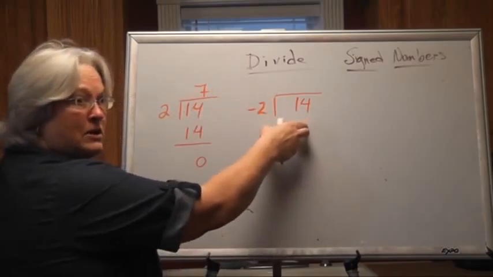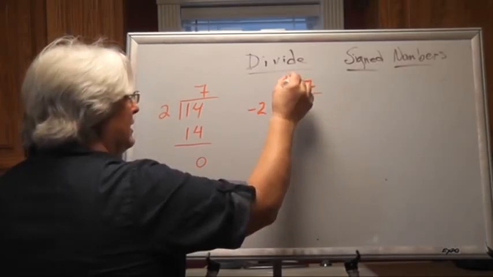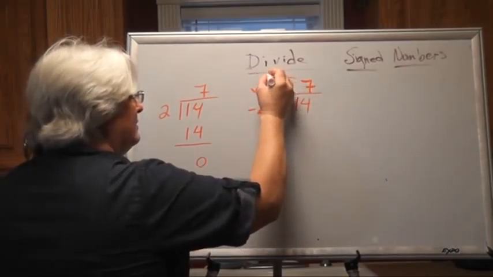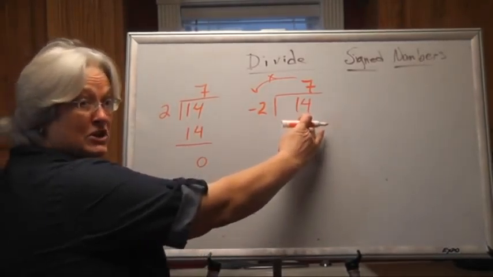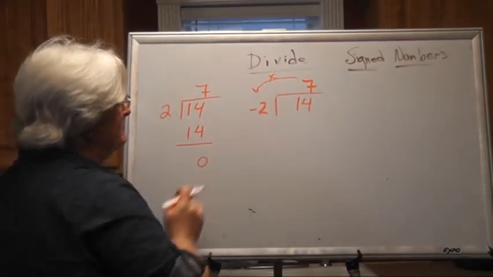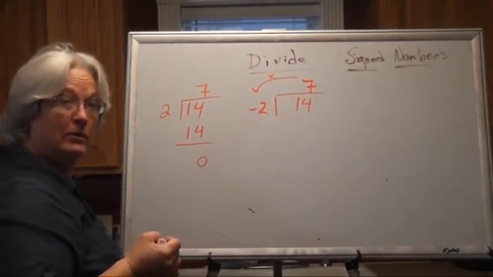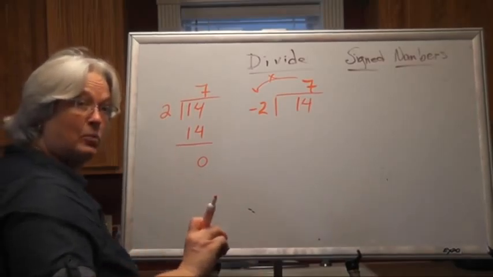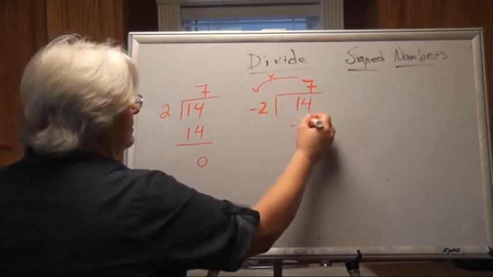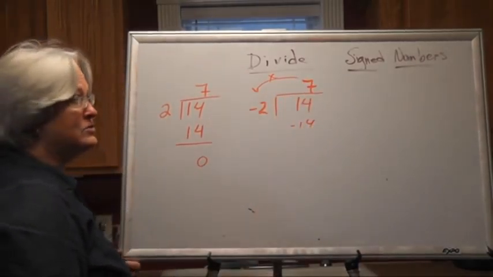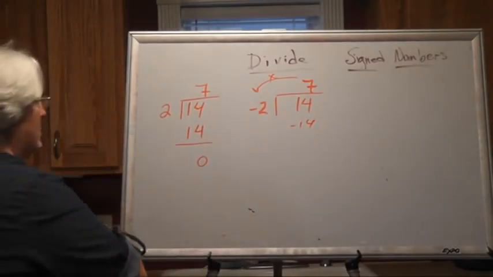What process are we using here? Well, we have to multiply the dividend and divisor back together to get the quotient, this number that's underneath our sign, underneath our little house there. Well, what is 7 times negative 2? You remember that just from what we just did with multiplication? Well, a positive times a negative gives us a negative answer, so 14 divided by a negative 2 can't possibly be